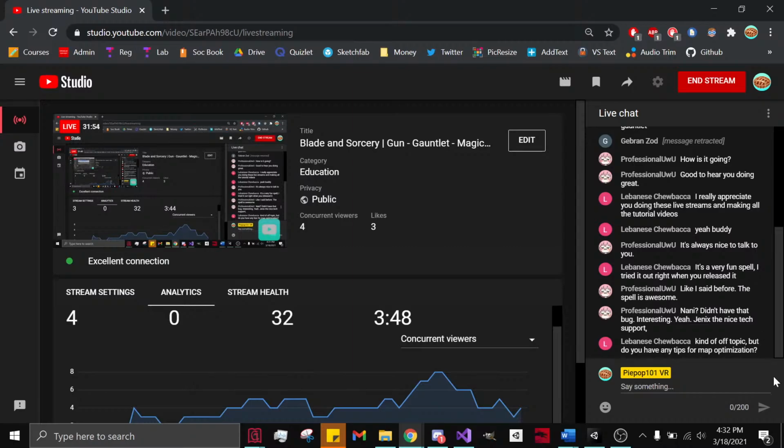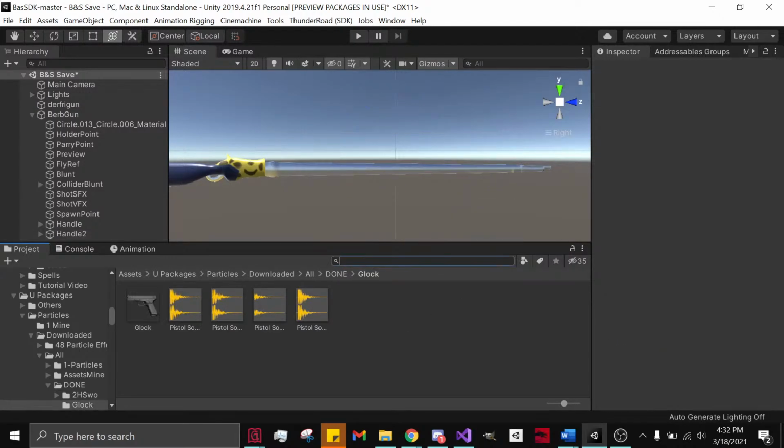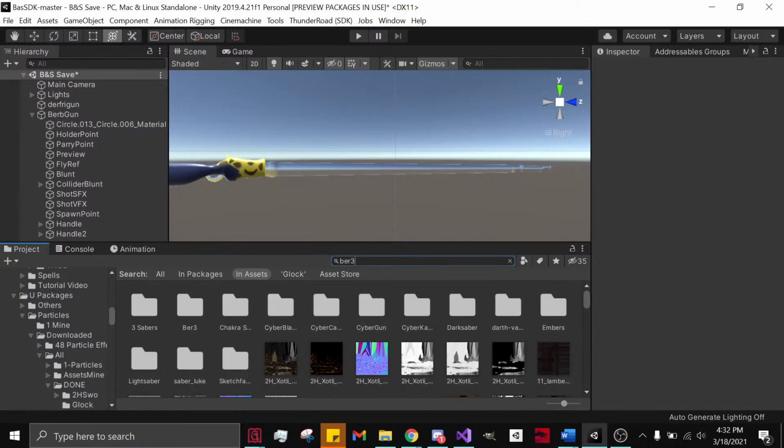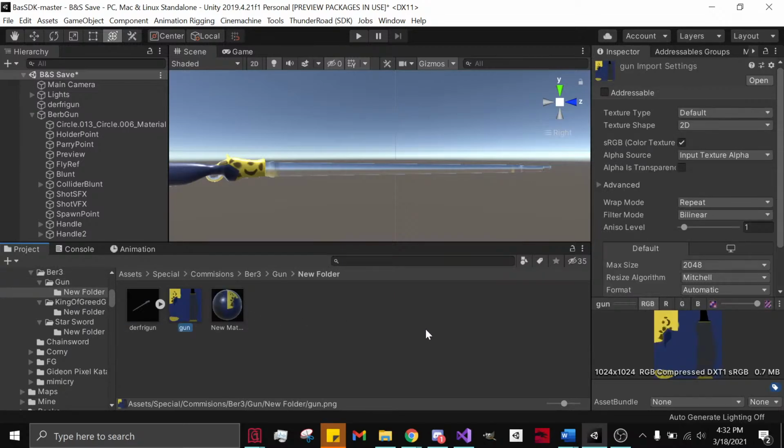For map optimization, one of the biggest things, especially, well, not just with maps but with anything, is that the textures are key. The textures cause the most problems. Well, not really problems, but they take up the most amount of data. So, for example,